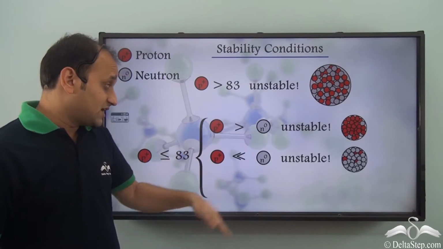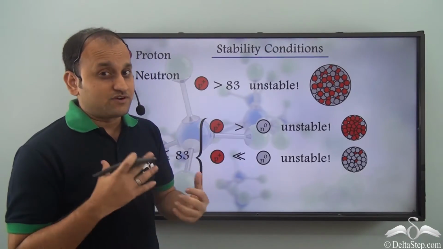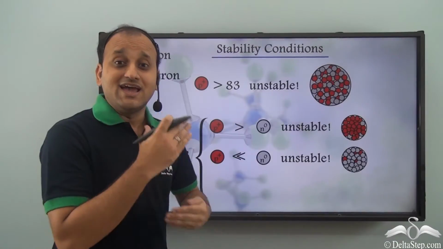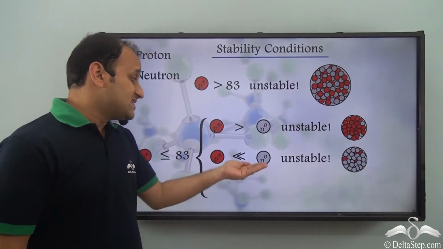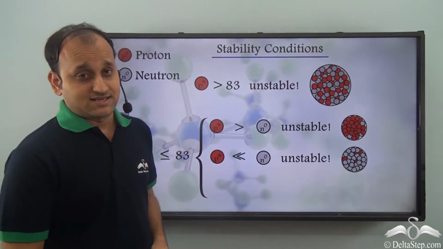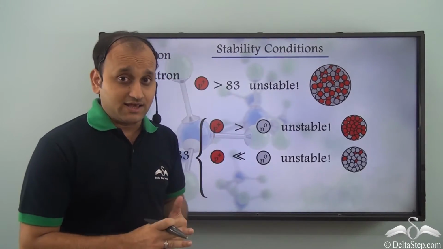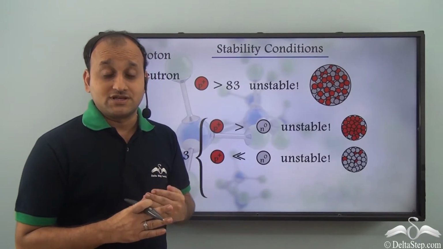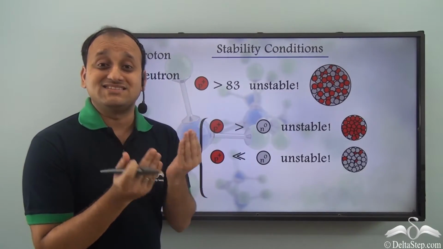Well, in the first case, the number of protons is larger than the number of neutrons. So we have a large number of protons, as a result huge repulsive forces, as a result instability of the nucleus. Now in the second case, the number of protons is very less compared to the number of neutrons. Now what happens in this case? Well, in this case again we know that nuclear binding forces are already there. The repulsive forces between protons and the nuclear binding forces balance each other. Only then the nucleus remains in a stable state.